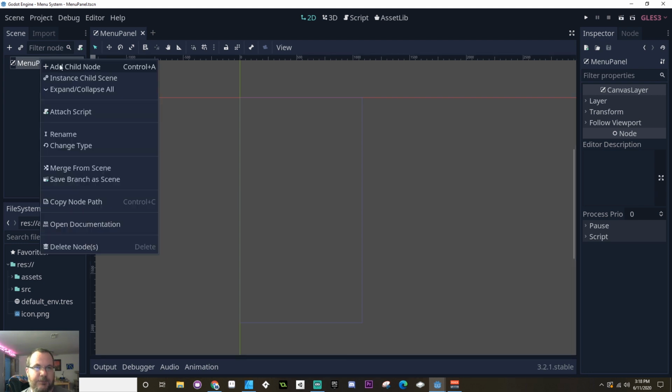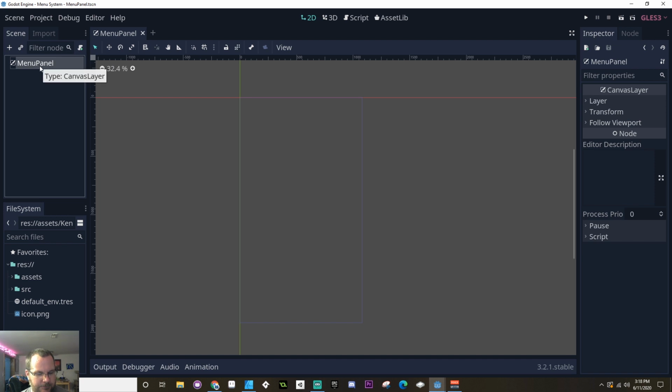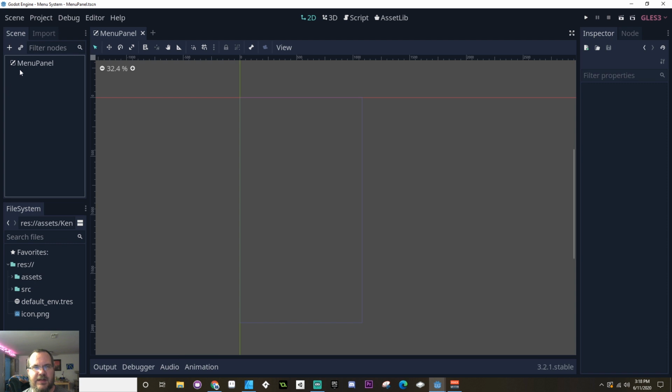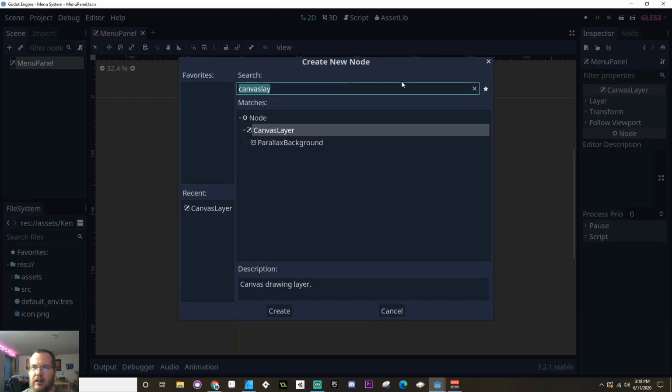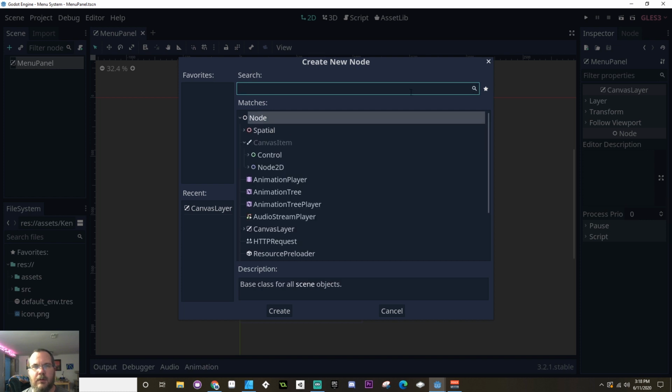So with my main menu panel here, I'm going to add a new child node, and there's 3 ways you can do that in Godot. First, you can highlight the node you want to make a child of and press the plus button. You can right click and choose add child node, or you can press Control, or Command on a Mac, A. And the node I'm going to make here first,